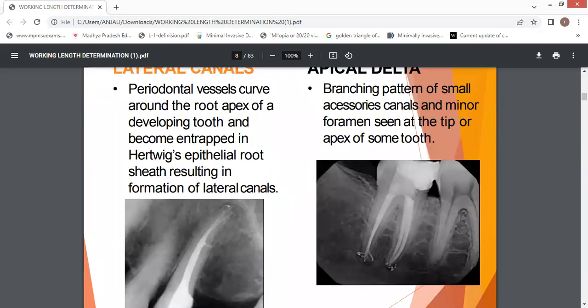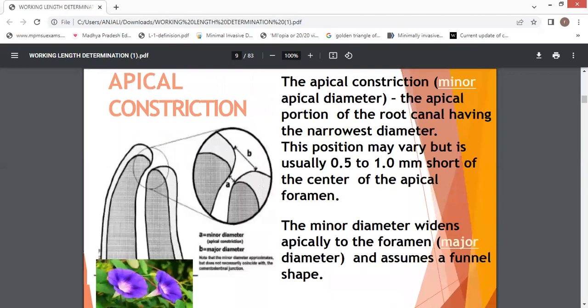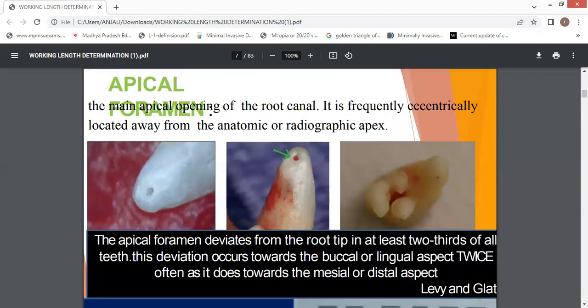Lateral canals: periodontal vessels curve around the root apex of a developing tooth and become entrapped in Hertwig's epithelial root sheath, resulting in the formation of lateral canals. Apical delta: the branching pattern of small accessory canals and minor foramina seen at the tip or apex of some teeth is called the apical delta. There is one more definition in this topic: